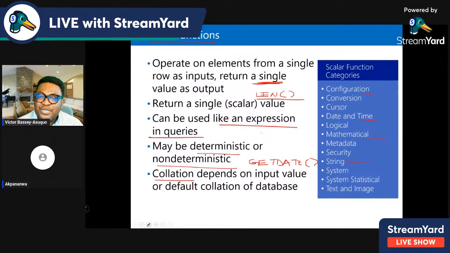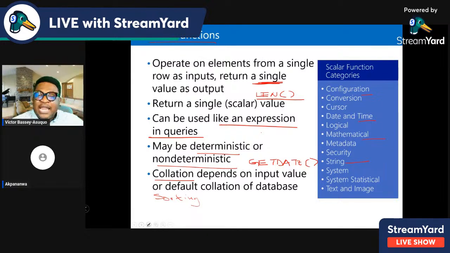Well, that is going to be, well, a bit above the scope of this. So let's just know that collation has to do with sorting. Let's just call it. It depends on the sorting that has been specified at the time where the server and the databases were configured. Okay, so we have different categories of